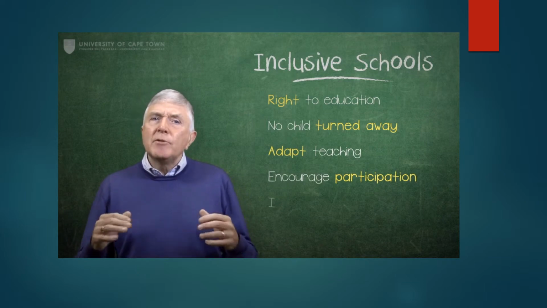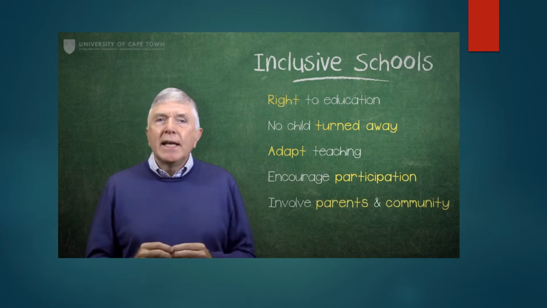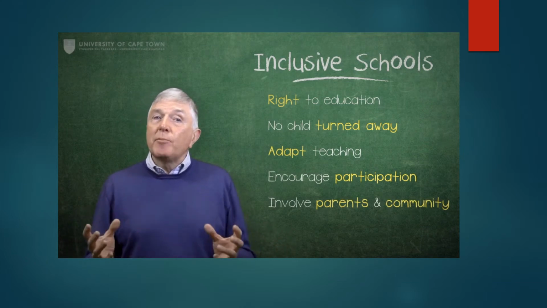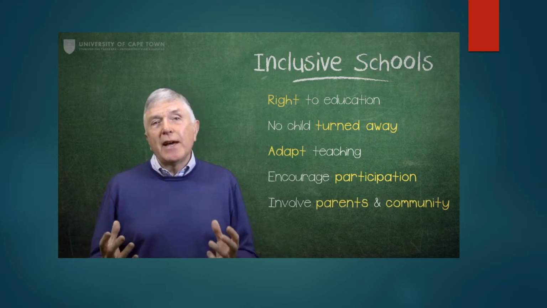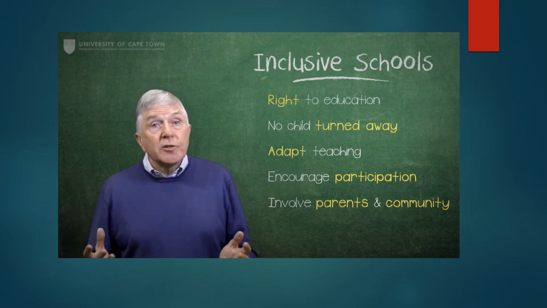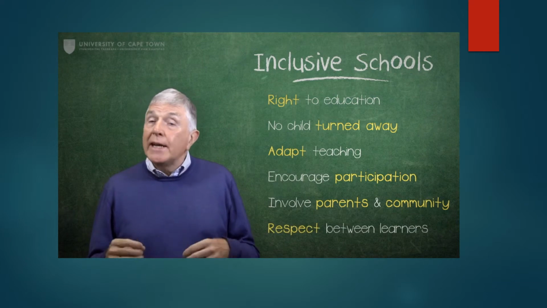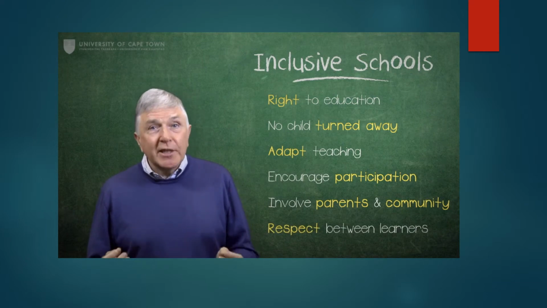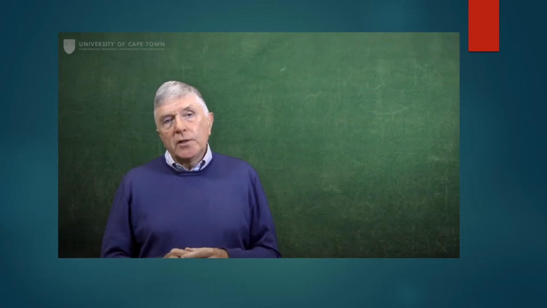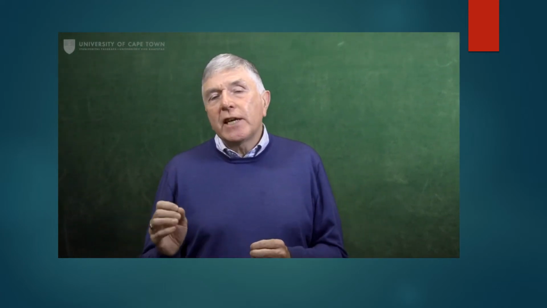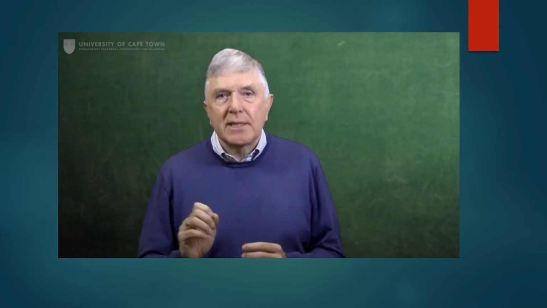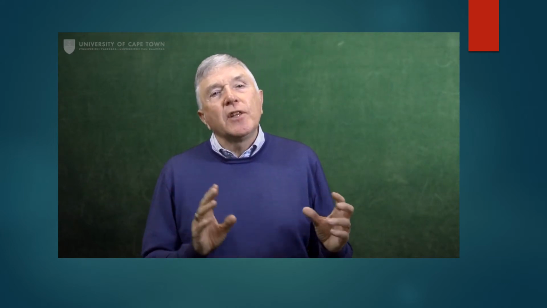And schools aim to build learning communities in which parents and local community people play an active part in promoting the holistic development of all the children. And likewise, learners respect each other and provide assistance rather than ridicule when their peers need extra help. So in summary, inclusive education means schools changing their attitudes and practices to suit the needs of the learners in